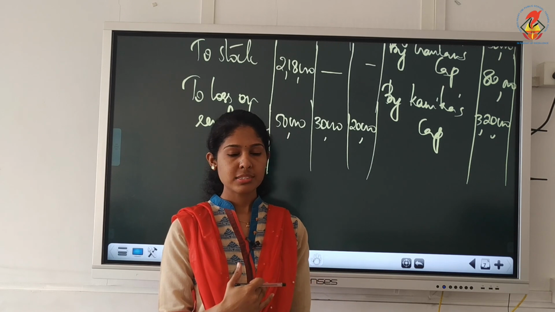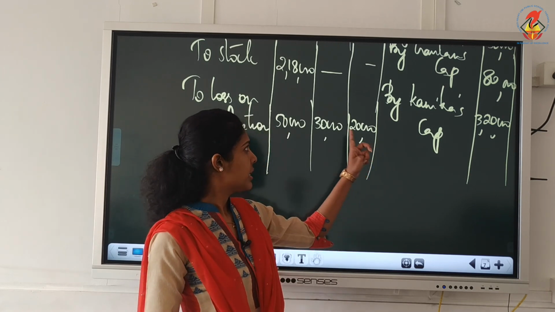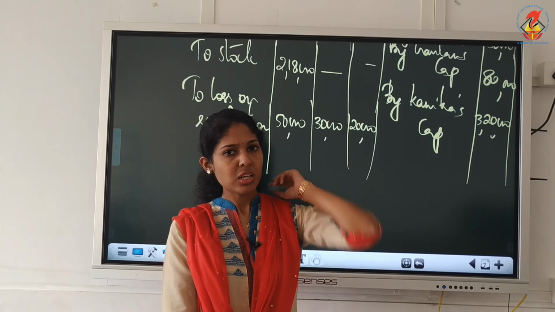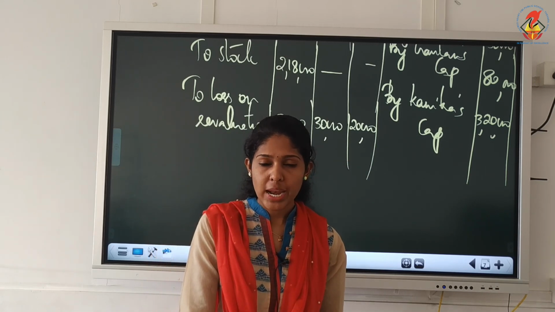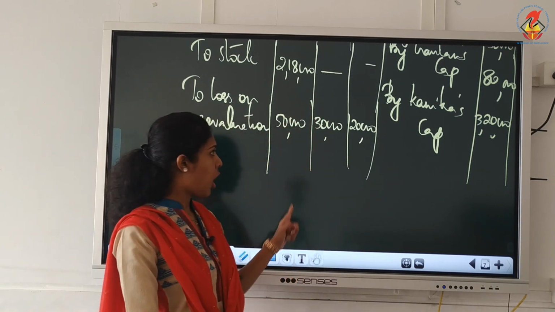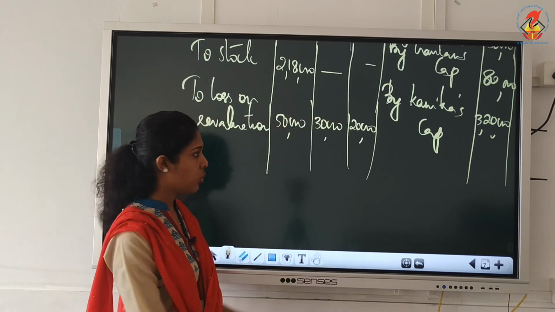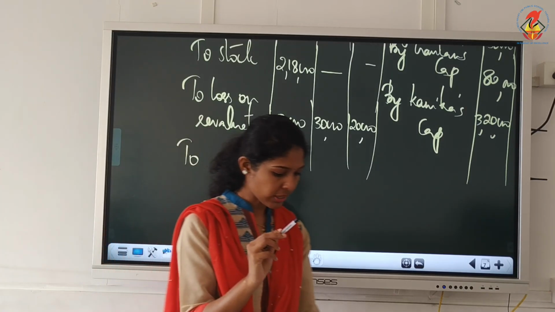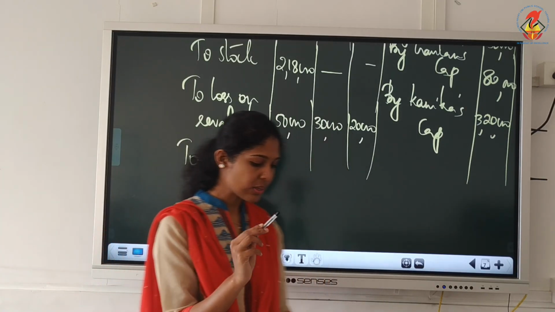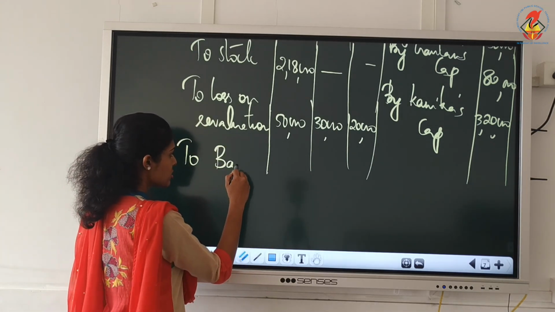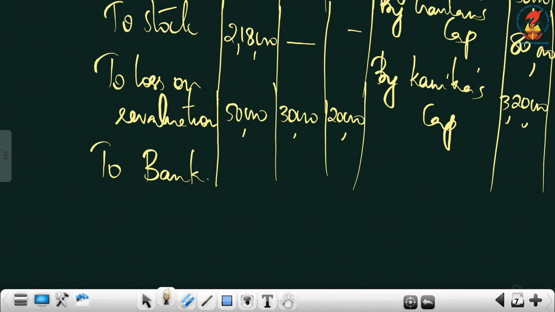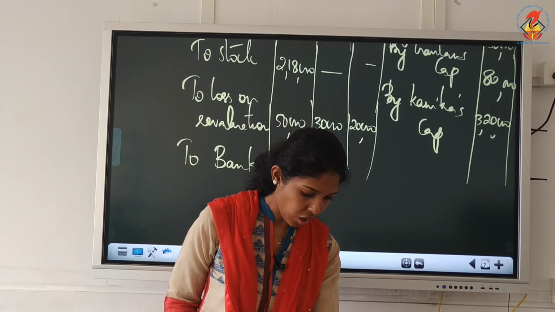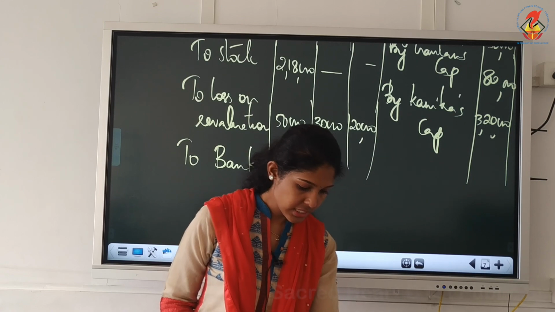You can find the balancing figure, then do the adjustment of capital. So now first we will do the retiring partner's balancing figure because that is not to be taken for adjustment of capital. So in Sushma's column you can find the balancing figure now, but will you transfer to loan? No, she is paid immediately, so you should write to cash or bank. Here we will use the term bank because your balance sheet has cash at bank. Okay, so to bank, the balancing figure of Sushma's column is 4,82,000.